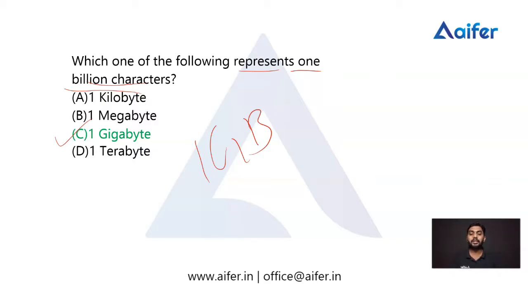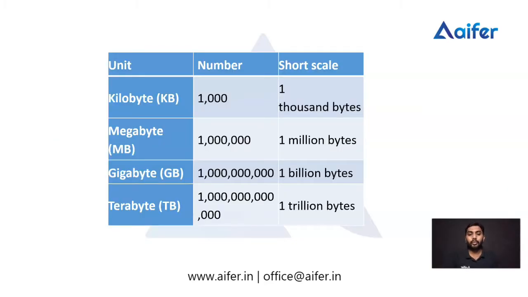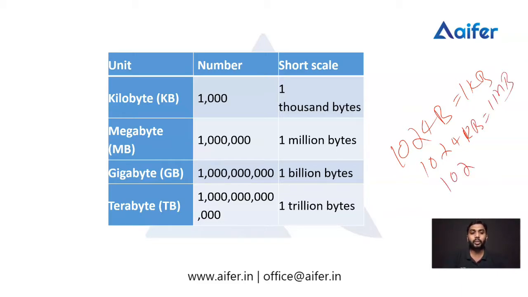NTA asked this question last time. So we want to analyze how we can say 1 gigabyte represents 1 billion characters. How can we say that? We have to check. We know that 1024 bytes means 1 KB, 1024 KB means 1 MB, and 1024 MB means 1 GB. We know that. So when we analyze the structure, we can say that